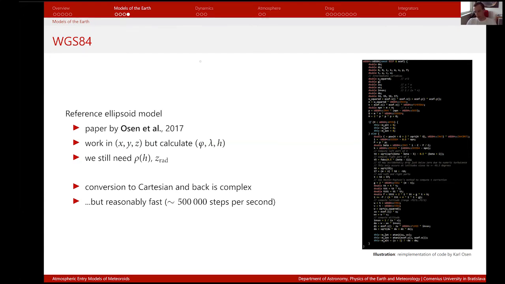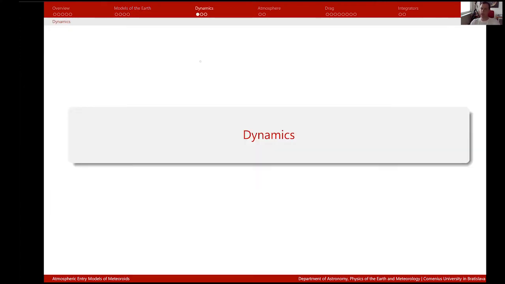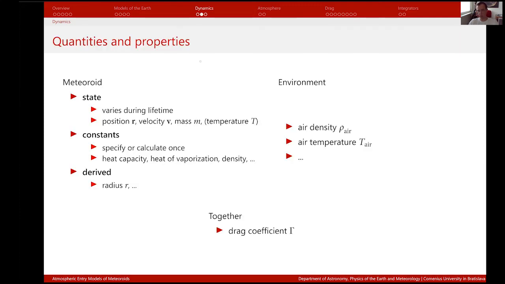Out of these three, I decided in my latest project, or maybe everything I'm ever going to do with meteors, to use this WGS because it just works very well, and the deviations from the true geoid shape of the Earth are very negligible, up to 110 meters, if I'm right. And this is a global error. So for local errors, it's even much less. So usually if you have a camera on the surface and a meteor within a few hundred kilometers, it's really not a problem anymore. As for the dynamics, it is a bit worse.